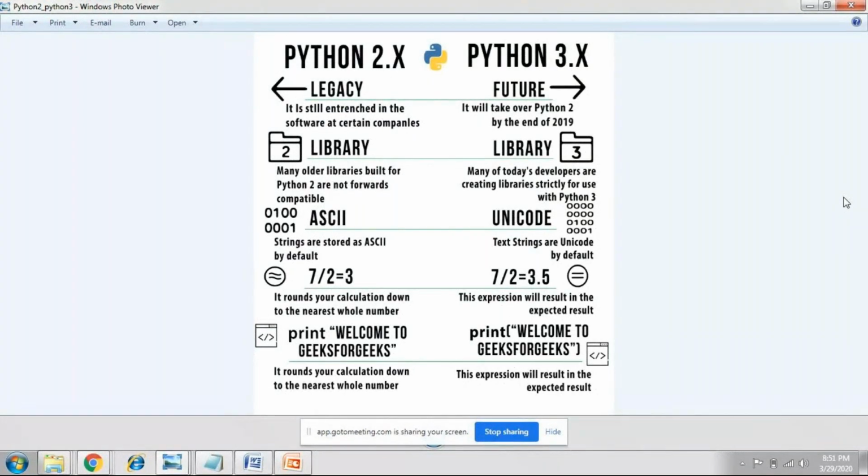Another example: 7 divided by 2 is actually 3.5. But in Python 2.x it will be rounded off to the nearest whole number, so it becomes 3, whereas in Python 3.x it will dynamically assign a float and give 3.5. So this is some difference. It doesn't matter whether you are learning 2.x or 3.x, you can work anywhere.